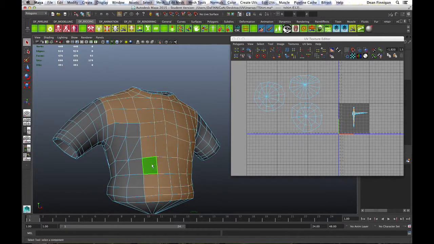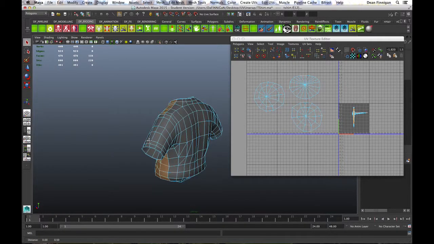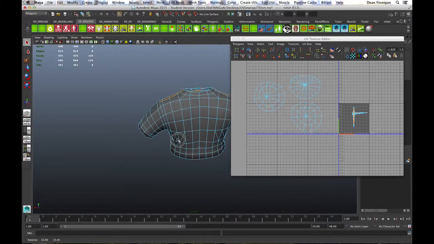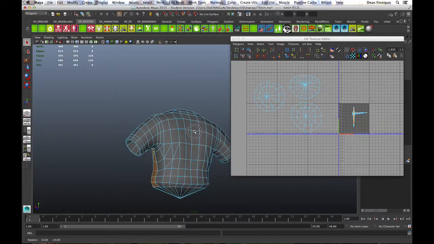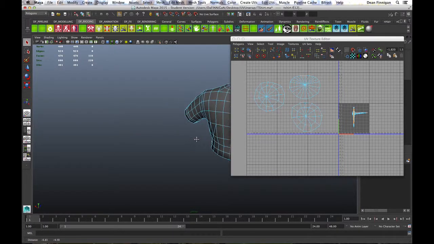As we go, I'm going to take that right down to the side. So literally I'm choosing the front panel of the t-shirt, that, you know, the seams of the t-shirt would be around the arms and down the side and around the top. So as you can see, I'm just having a final look around just to make sure I've got no extra faces, and then